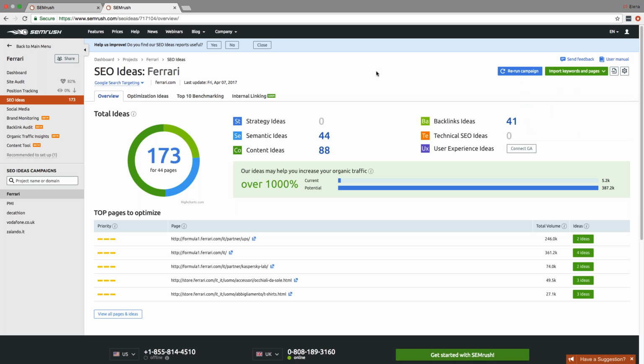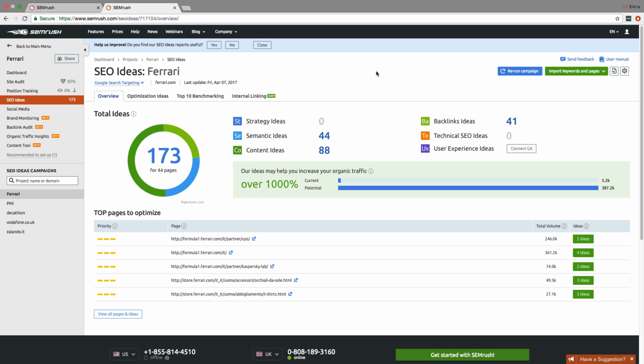SEO Ideas is the tool which gives you different tips and suggestions on how to improve your landing pages to increase their positions on the SERP page. So this is the first question that I've heard many times, about the integration with Google Analytics and Google Search Console. And the second question was about